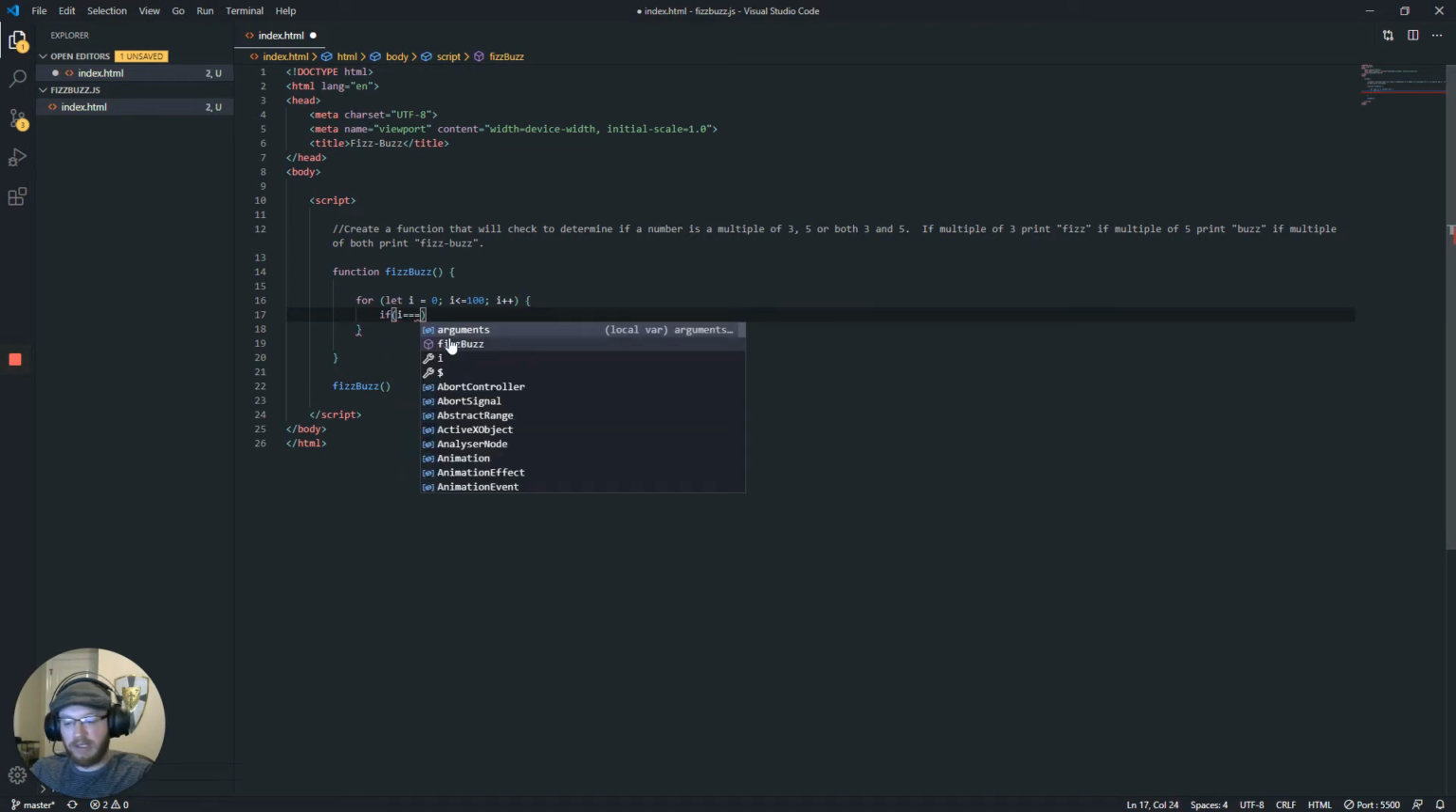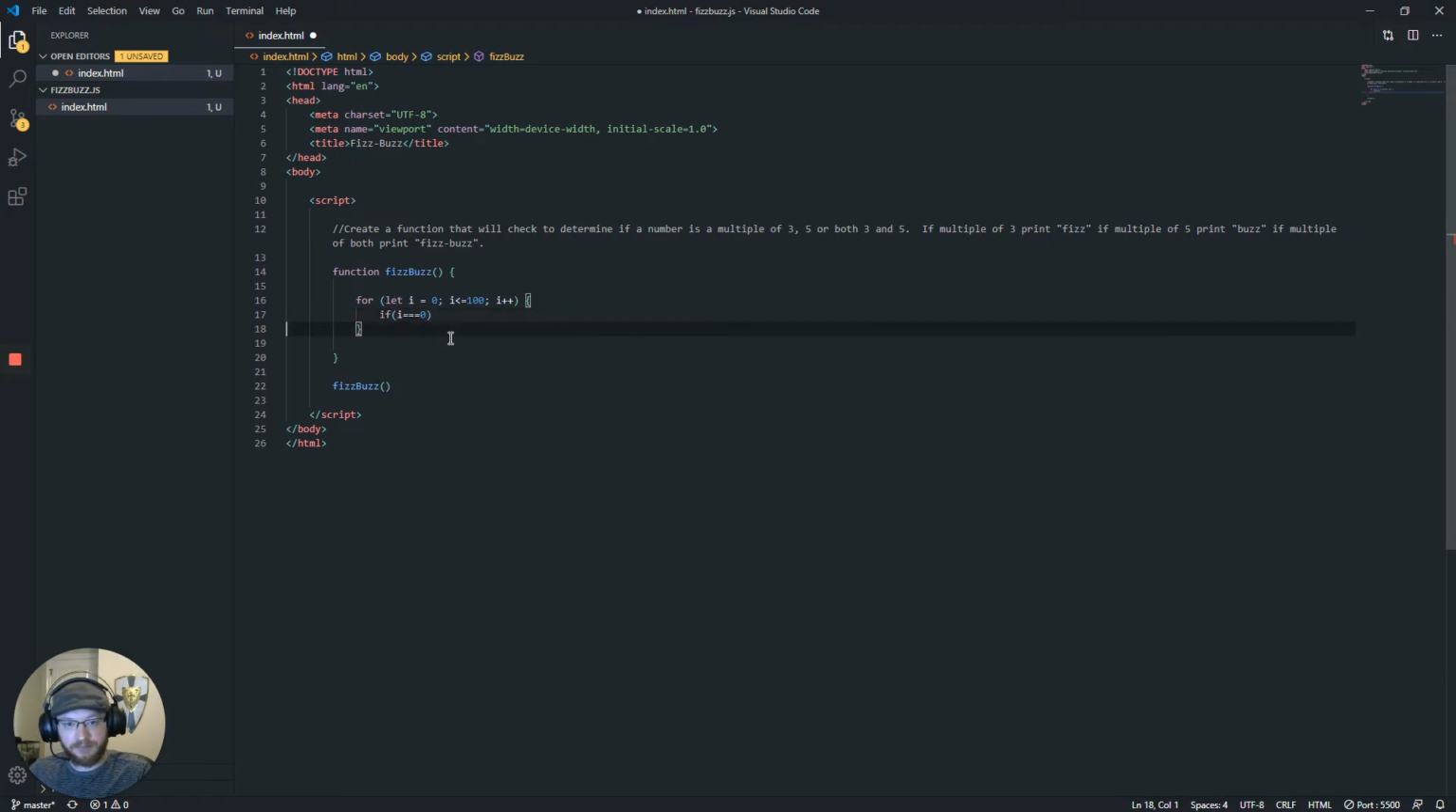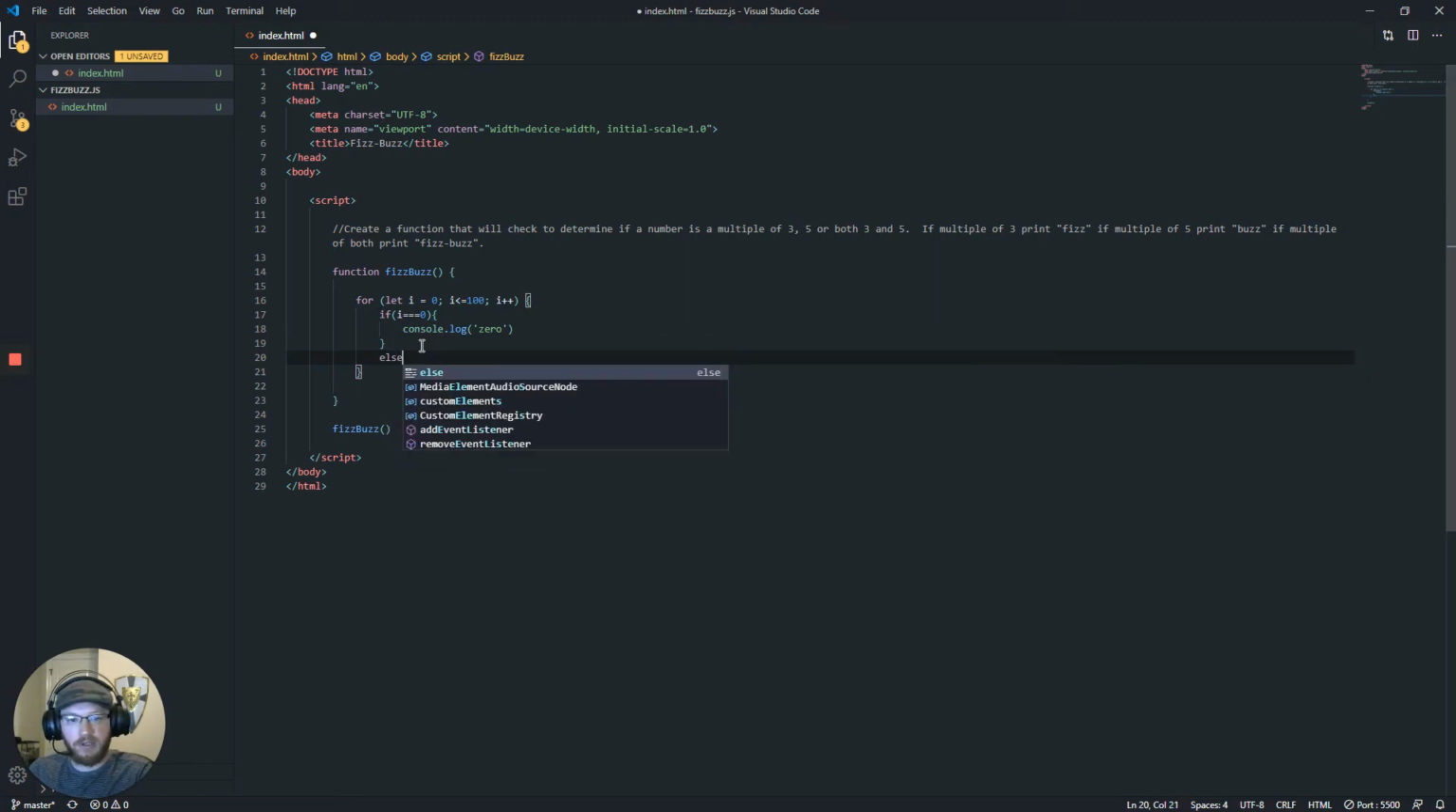Say if i is equal to 0, then we want it to just return, or I'm sorry, we want it to console log 0. The next thing we're going to do is an else if, and we're going to say if i modulo something